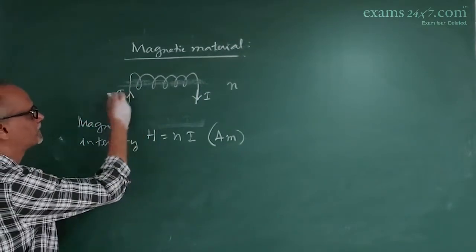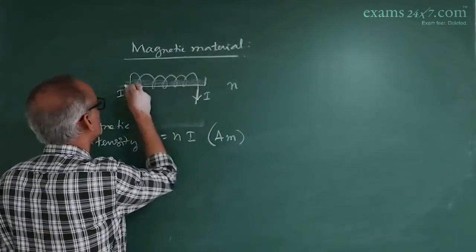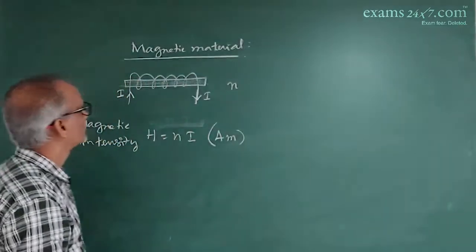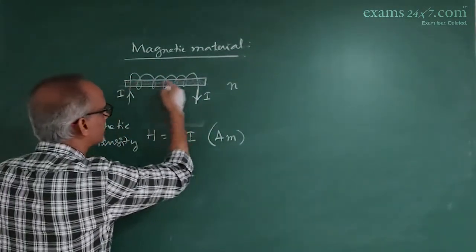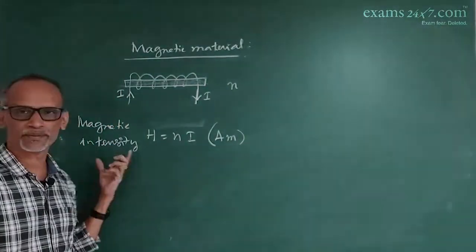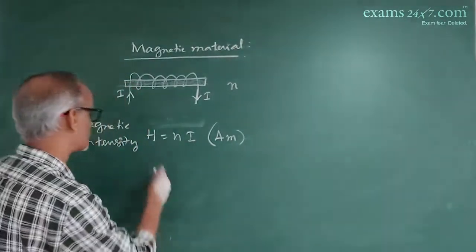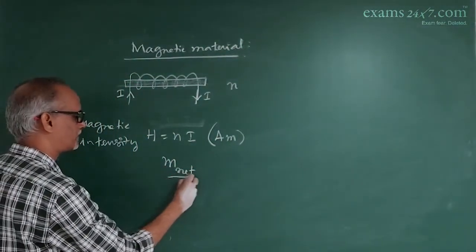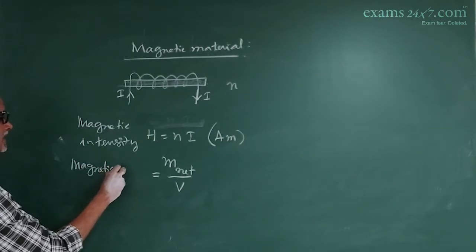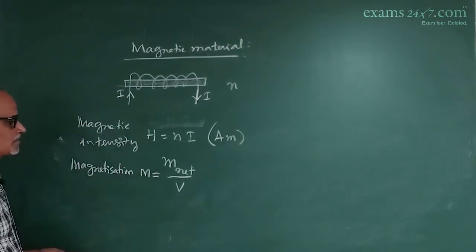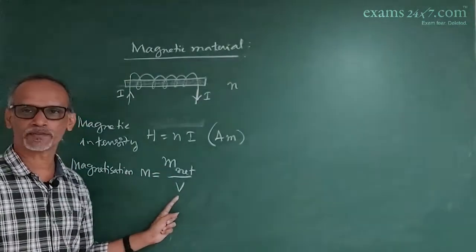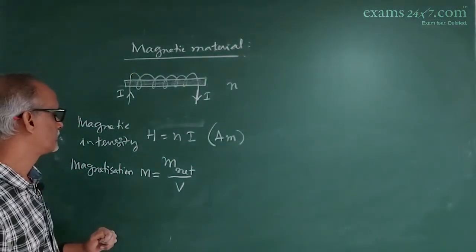Now, when we place any material to magnetize it, then all the magnetic dipoles inside the material get aligned due to this field, due to the magnetic intensity, and the net magnetic moment acquired per unit volume is called magnetization, which is M. So magnetization is the net magnetic moment acquired per unit volume of the magnetic material,